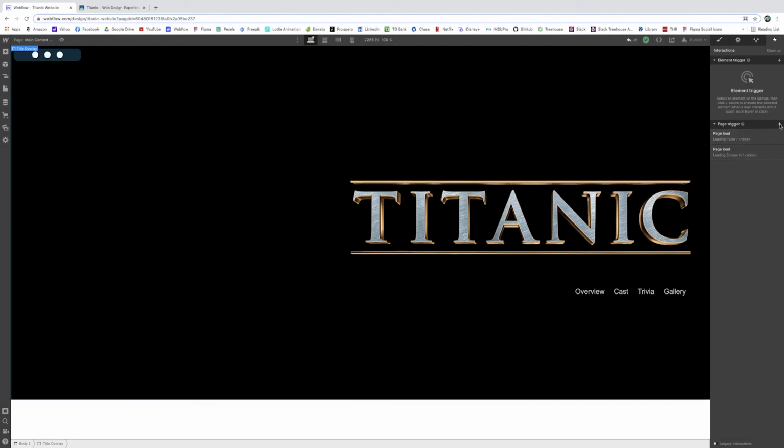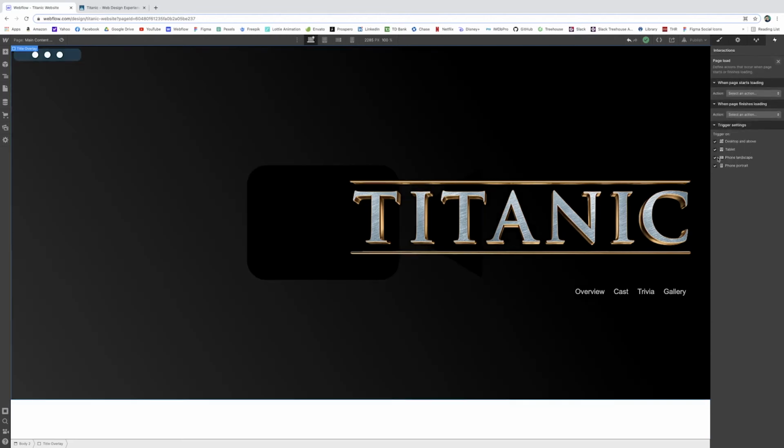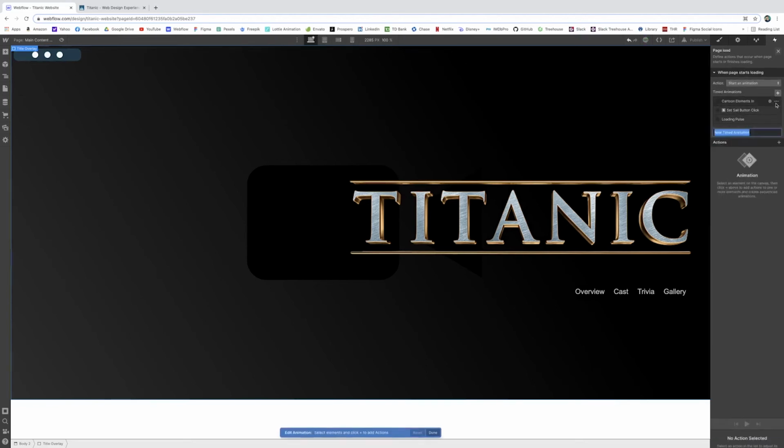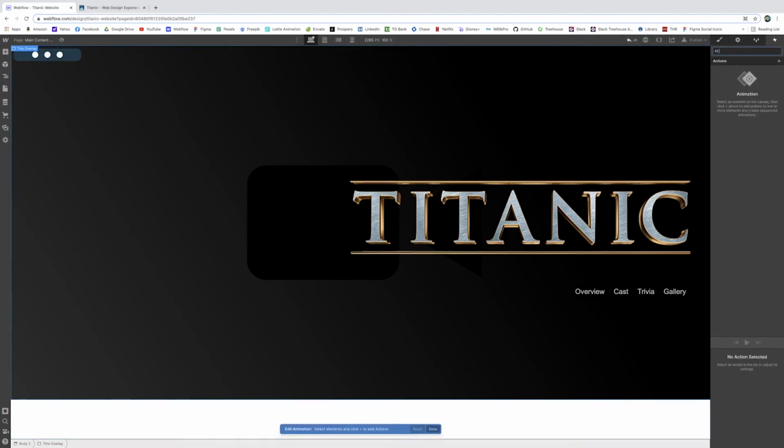I'm going to create a new one, page load. I'm going to call a new start animation plus, this is going to be all elements in. So basically, we don't want all the elements here while the video screen is loading initially with our background video kind of introducing the site, because then they could technically scroll away immediately and start seeing all the other content. I kind of want to prevent that from happening, so when the page first loads, it's just going to be